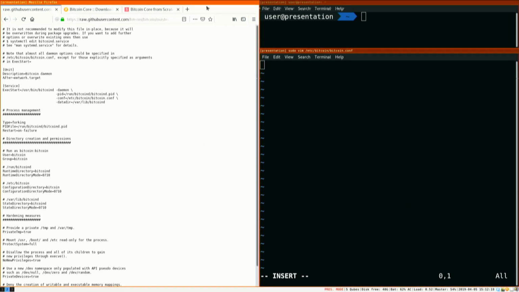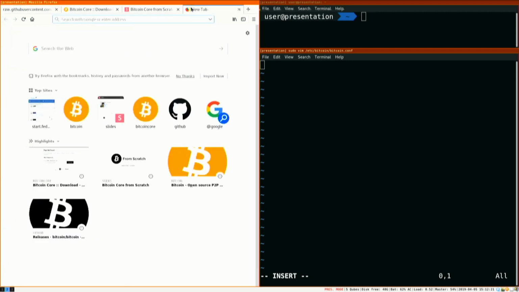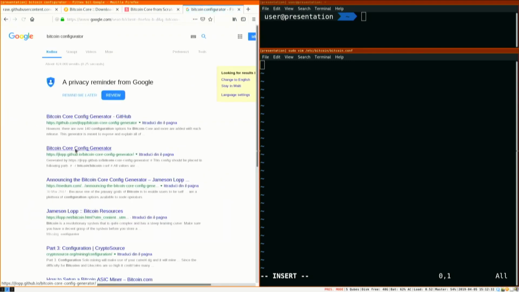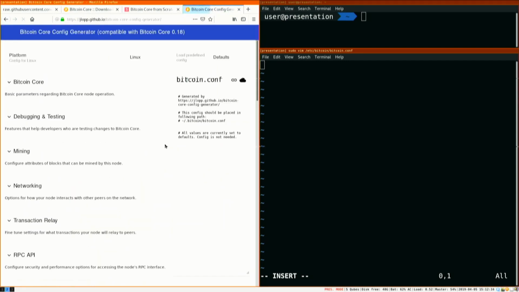I remember somebody mentioned this before. There's a really cool configurator made by Jameson Lopp. You can just look on Google for "Bitcoin configurator". Yeah, this one, the Bitcoin Core config generator. You can use that to generate some kind of